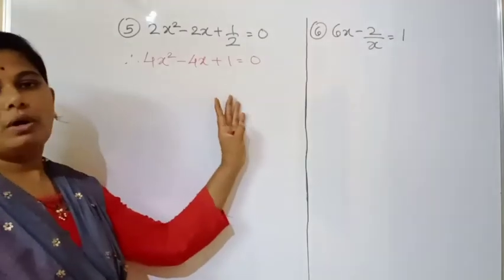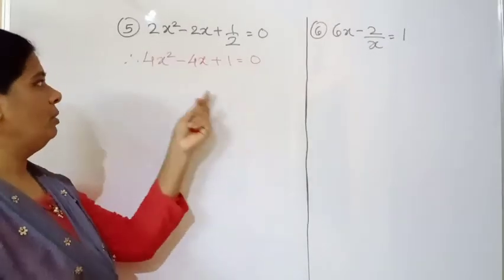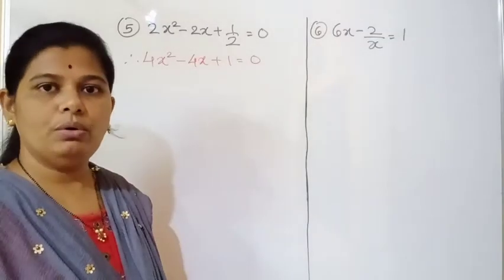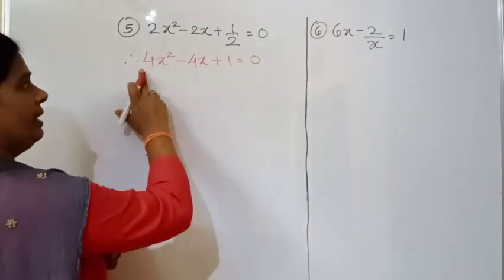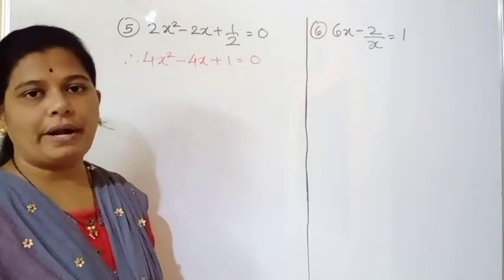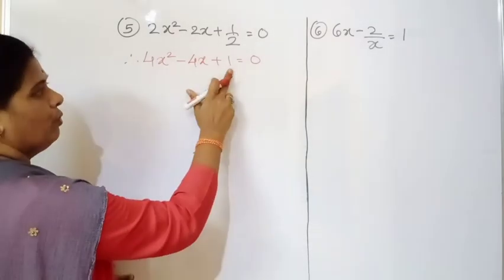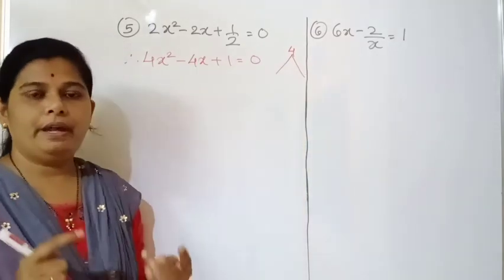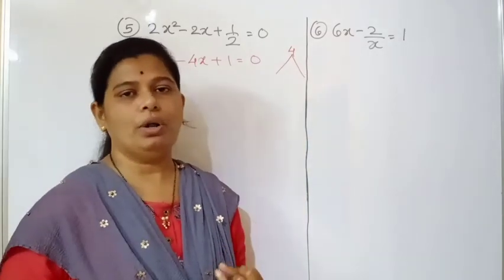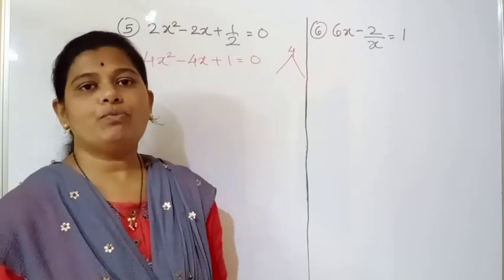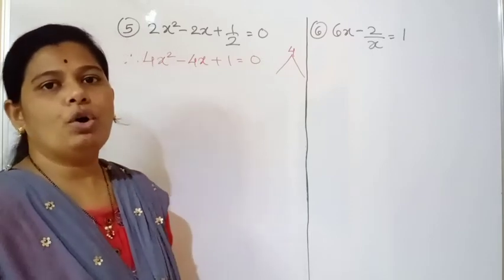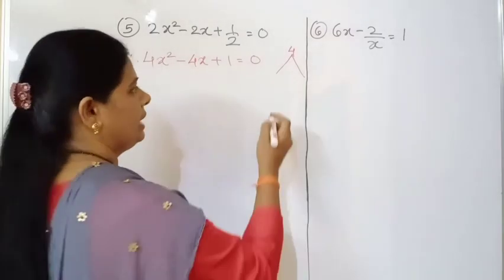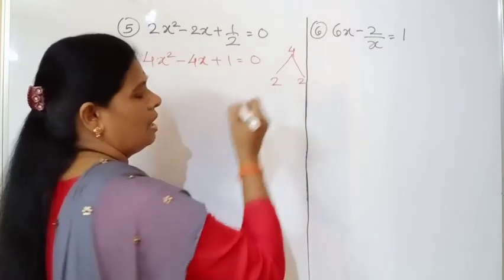So now we have converted the equation into the general form: 4x square minus 4x plus 1 equal to 0. Now what we have to do now? That is 4 ones are 4. We have to find the factors now. So we all know that 4 into 1, that is 4 ones are 4. What are the factors of 4 now? There are only 2 factors, that is 4 ones are 4 and 2 twos are 4. If you take 4 ones are 4, what will happen? 4 plus 1 will give you 5, but we want 2. So what will we take? We will take 2 twos are 4.